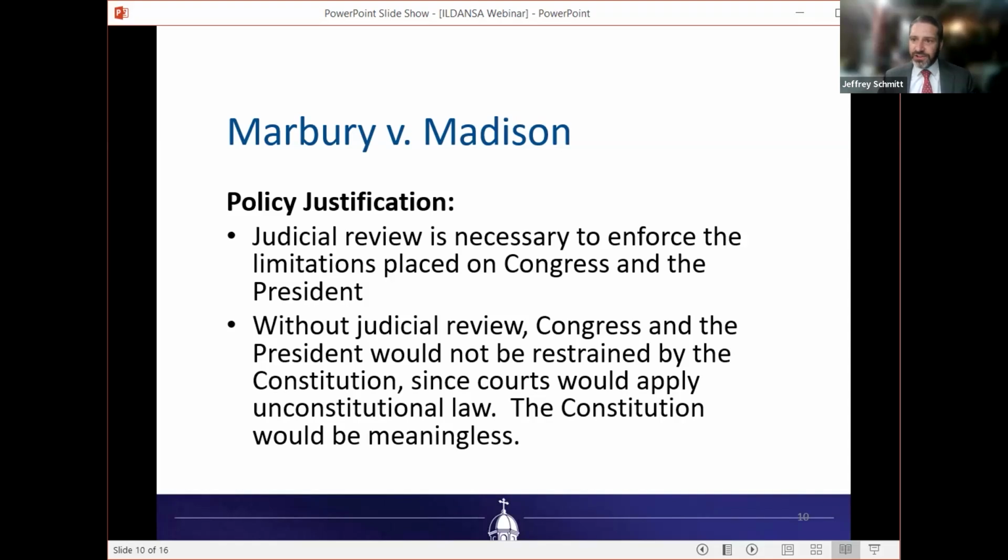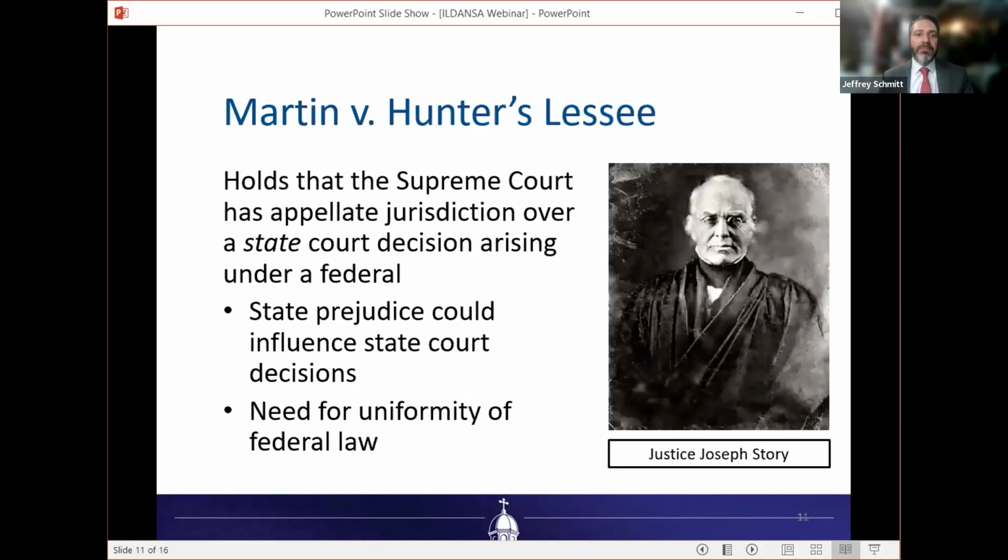It's not the English system where we have this history, but not a written constitution with these vague sort of rights. No, in America, the system is supposed to be different. And the only way to have a written constitution matter is to enforce it. Someone has to enforce it, and it should be the Supreme Court. That's sort of the logic here.